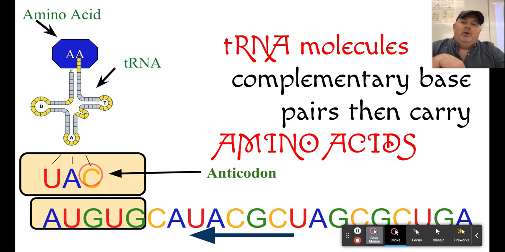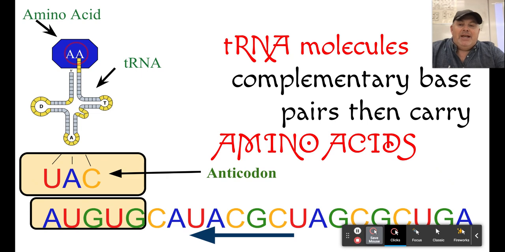Now, we actually don't call it a codon sequence, we call it an anticodon because it is complementary to the codon sequence on messenger RNA. For example, messenger RNA has a first sequence of AUG. The anticodon, or its complement, would have a sequence that you can see here, which is UAC. Now, if that's the right mix and it matches up, it will temporarily bond to this, the two together,